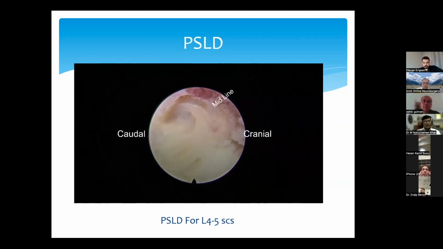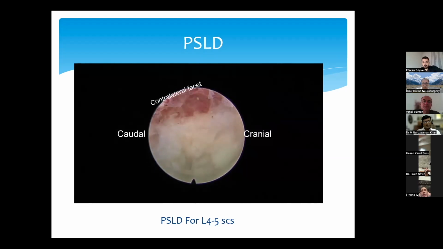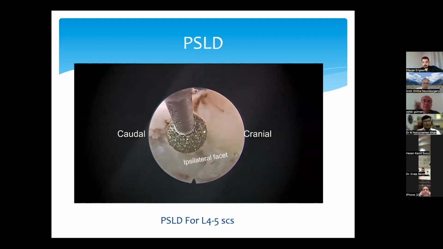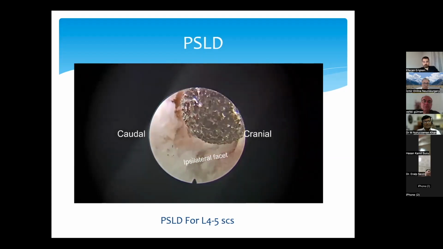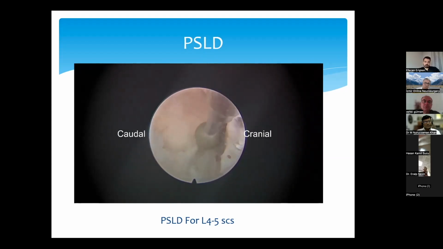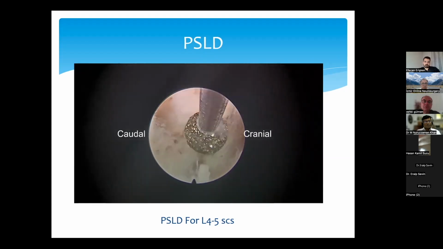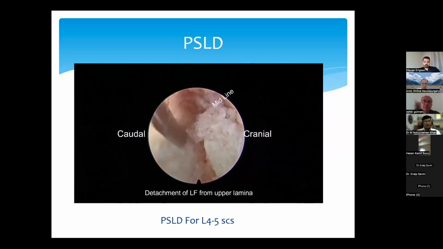And after the ipsilateral laminotomy, we go to the midline and continue to the opposite side, the contralateral upper lamina. You can see the laminotomy is done on the contralateral facet now, just under the surface of the facet of the contralateral side. Then ipsilateral facet, drilling at the ipsilateral facet. A very minimum amount of bone is removed from the facet, because excessive removal of bone from the facet may lead to